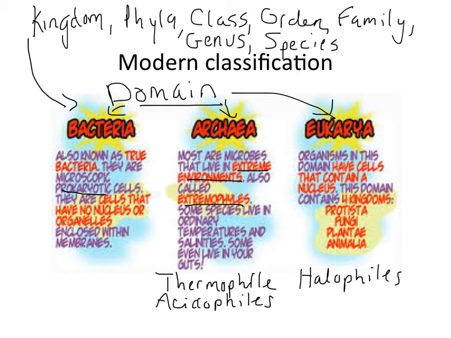We have something called methanogens. It got its name from methane gas. So they like to live in the guts of organisms like cows that produce a lot of methane gas. They also like swampy areas, places where a lot of other organisms can't live, but that's where they like to live. So these are extreme bacteria, which are different from your typical everyday bacteria, but they are both prokaryotic and